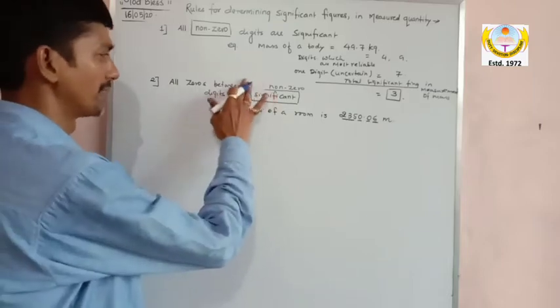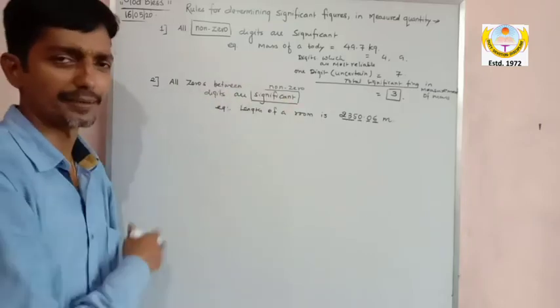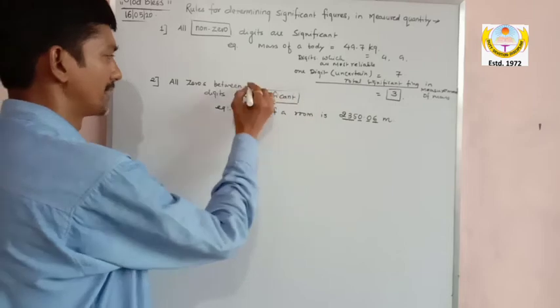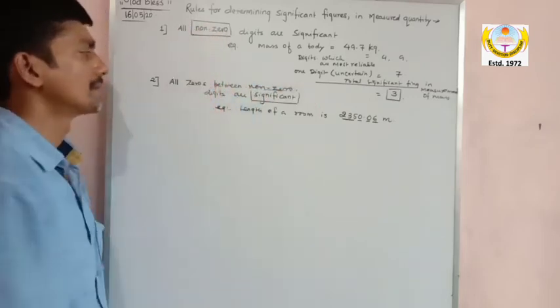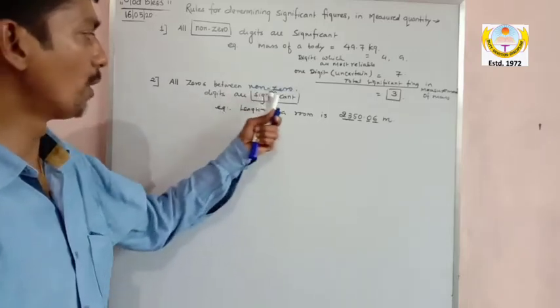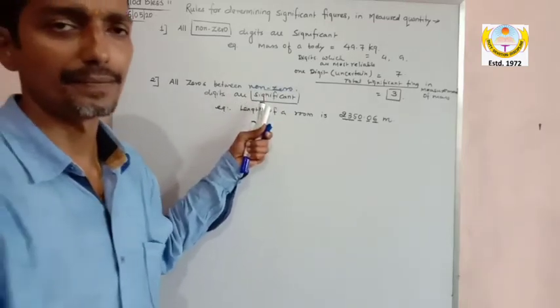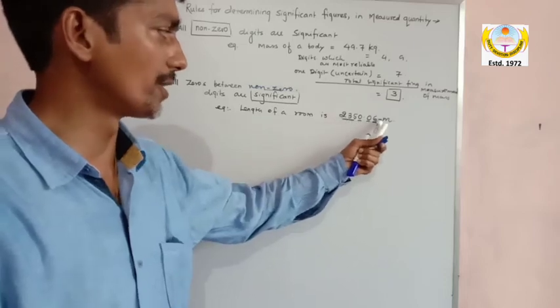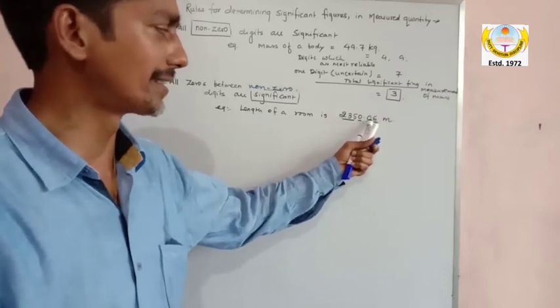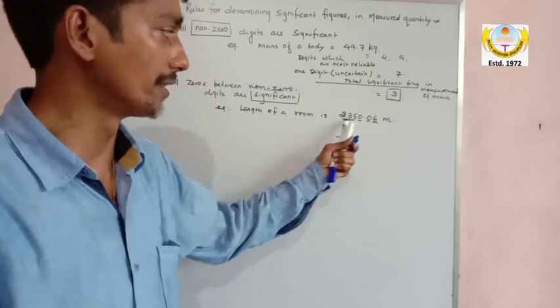So writing 2 is not necessary, between non-zero digits. So all zeros between non-zero digits are significant. This is a non-zero digit, this is also a non-zero digit, and these are zeros between the non-zero digits,